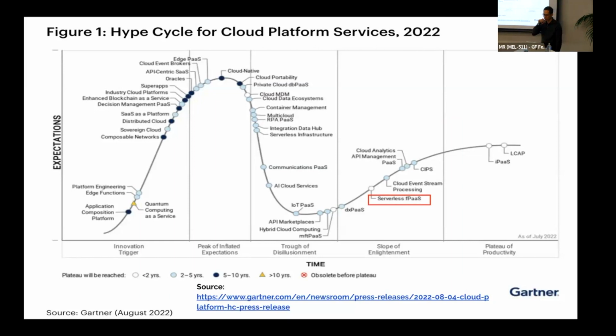It's tried and tested. It's been years that serverless has been around. So probably it's a good time to give it a go. Similarly, serverless infrastructure, they believe will be plateauing in around 2 to 5 years, right? So that is also something that aligns with what I'm going to talk about next.